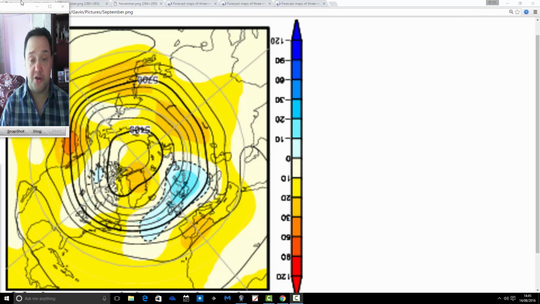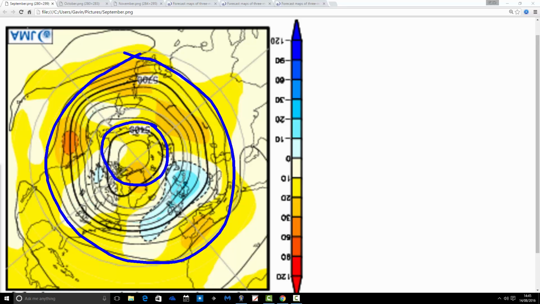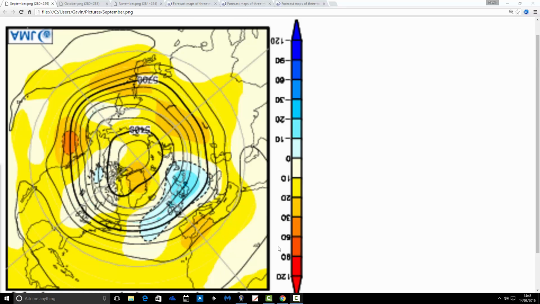So we're going to start off with the Northern Hemisphere view from the pole down. For September, 500 millibar height anomaly. So this is the North Pole just here. Mid-latitudes are around the edges, but the British Isles and Europe are the area we're most interested in, and the Atlantic, of course, just here. So what we see for the first month of September is that we've got quite a lot of